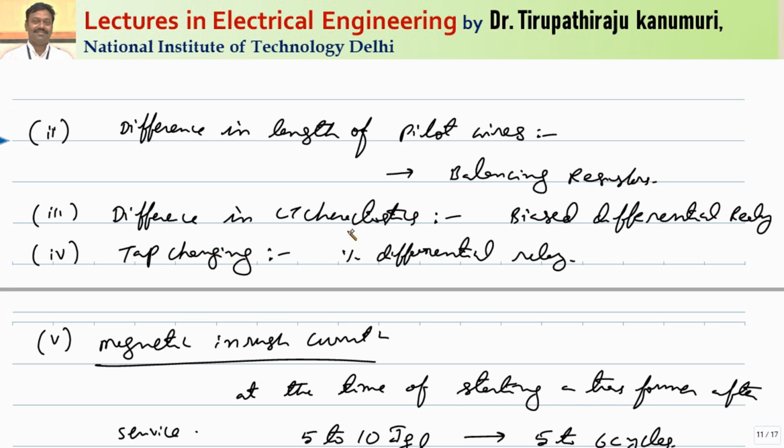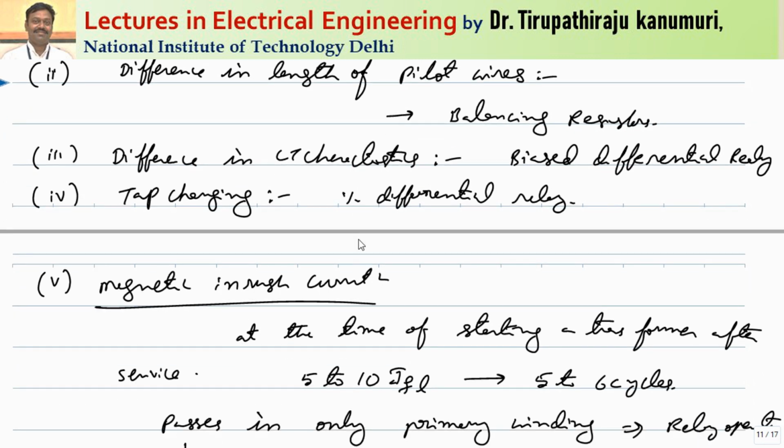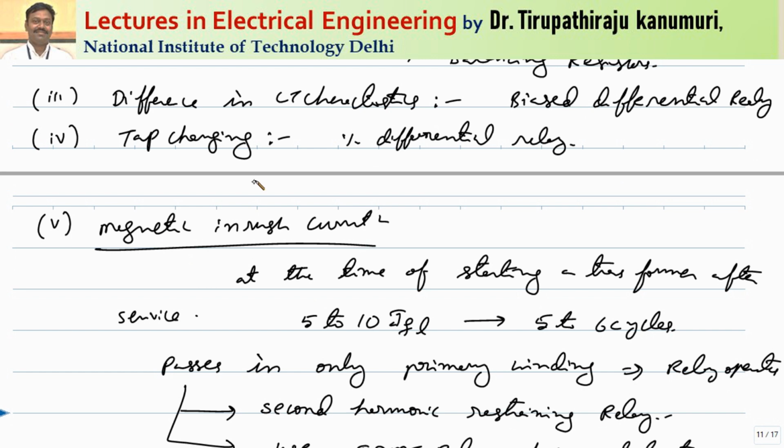The same is the case with the difference in CT characteristics. The problem with CTs is that no two CTs can have exactly the same characteristics, and during external faults particularly, the core of the CTs goes into deep saturation. Due to the difference in the characteristics, there will be some difference in the secondary currents that leads to circulating currents and operation of your relay. And this difference in the currents will increase with the increase in the value of the load current. That's why you have to provide a restraining coil, or biasing coil, which will also depend on the value of the load current that is passing. That means the restraining torque should increase with an increase in the value of the load current.